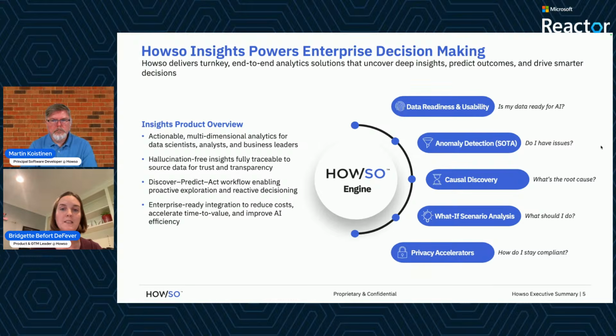The next set of capabilities here, anomaly detection, causal discovery, and what-if scenario analysis, are part of what we call our Howso Insights capabilities, which are our predictive and prescriptive insights. With these, we have a number of different tools. We go from everything from just basic ML inference with full explainability back down to the data, to being able to do discover, predict, act workflows for proactive and reactive insights into your data. Today in our demo, we're going to be working with causal discovery and what-if and generating insights for a retail data set to help the retailer improve the revenue that they're generating from their online web pages.